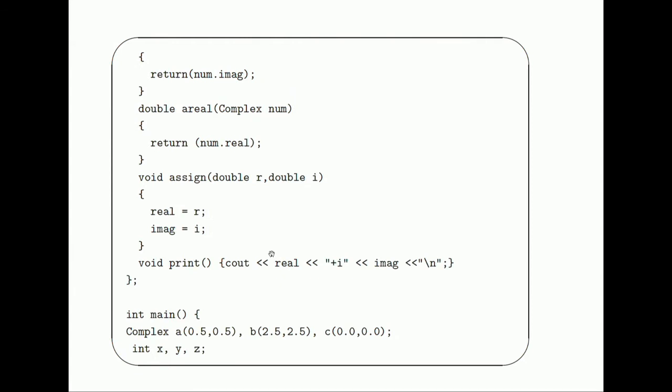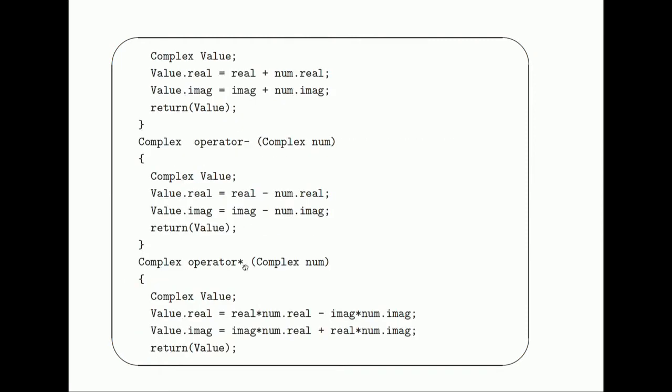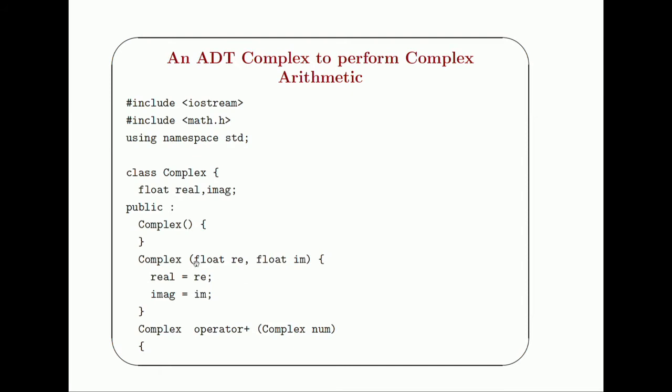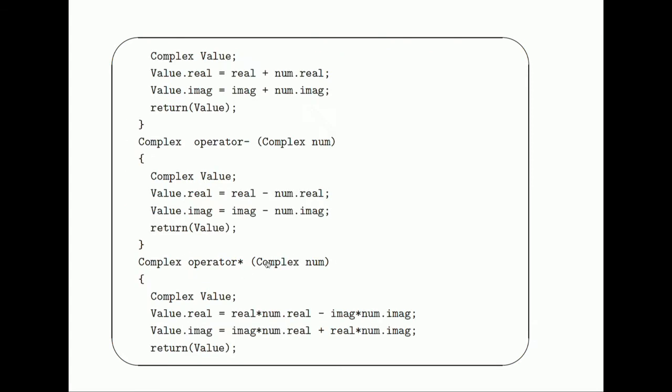Note we have written a whole lot of things over here. We also wrote a print function which prints real plus iB, and here is the main program. What have we done? Notice the way we have defined complex A of 0.5 comma 0.5. Let us go back to this example. We had a constructor here, Complex of float real comma float imaginary. Complex with brackets takes whatever the default values are. Here, on the other hand, we are assigning the real to whatever has been passed and the imaginary to what has been passed as argument. So, that is exactly what we are doing here.